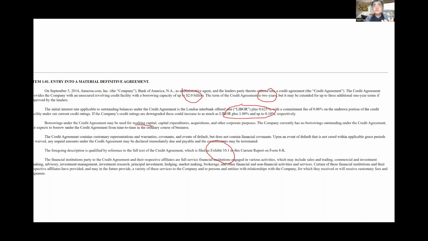That doesn't make sense. And also low amount, $2 billion. Do they want to borrow a small amount of money or a big amount? So what I'm trying to say here is all this information can do a lot of stuff. At the end of the day, in July, you guys need to come up with your own ideas.